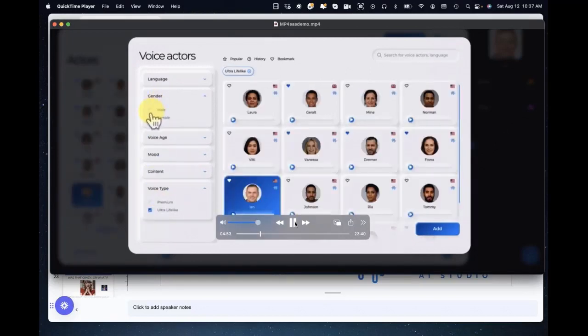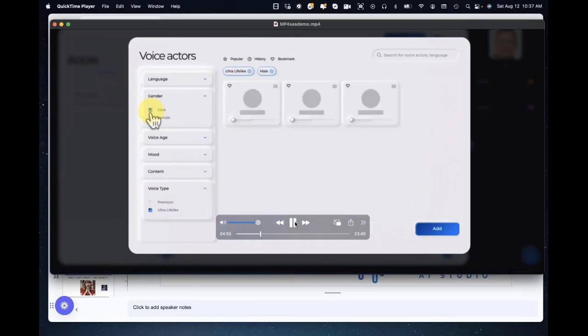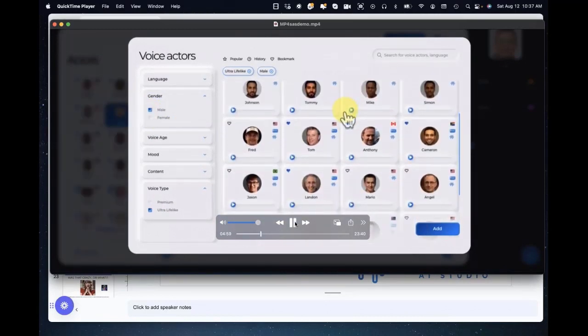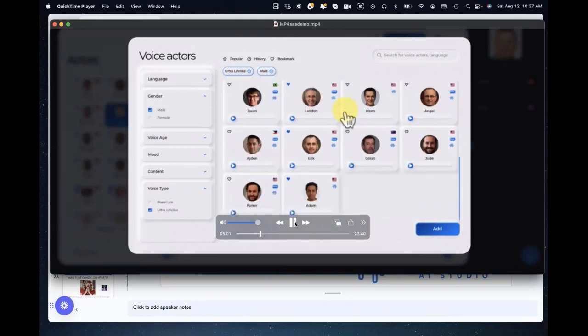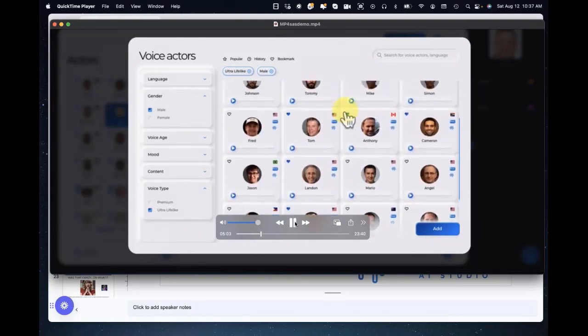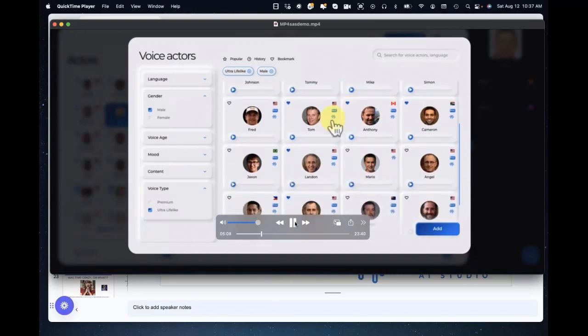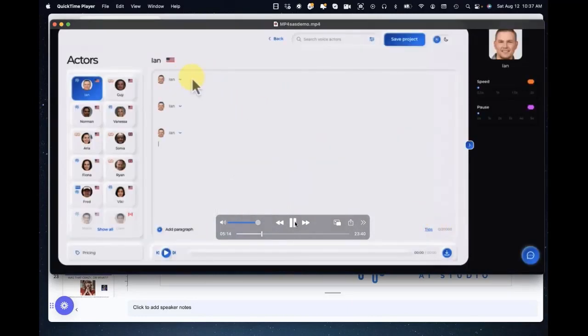In this case, let's do male, and we will pick somebody else. I am going to pick someone named Landon. He's one of my favorites because he is just so human. It's so obvious when you hear him. Here he is right here. I click on Landon, and then I press add. And now from the drop-down box, instead of Ian, Landon's going to be there.